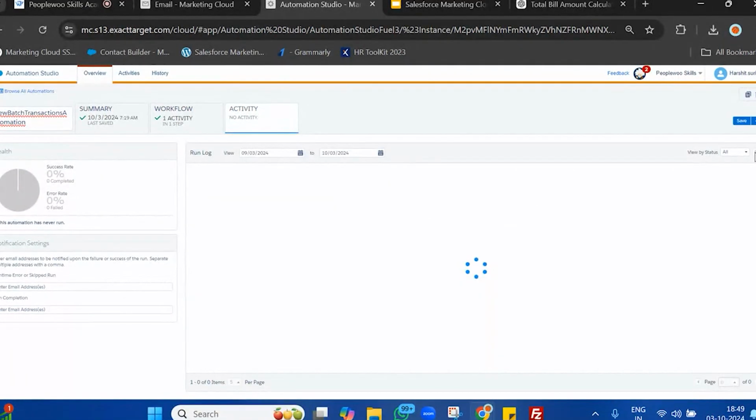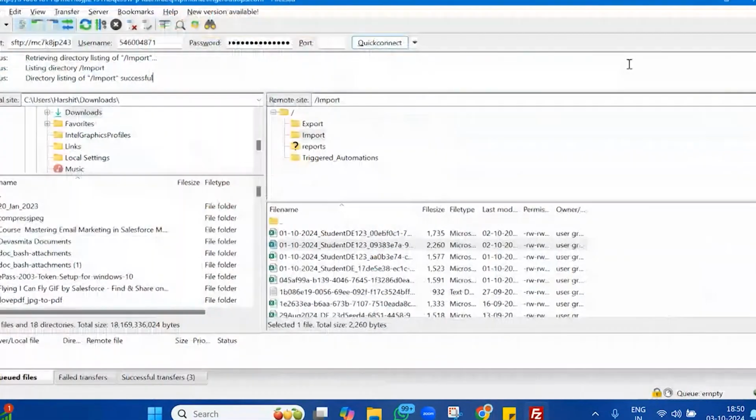So it has detected that file. Now what it is doing is it is unzipping that file. Once the unzip is done, both the files which are zipped would be present inside the SFTP folder. So let's refresh this SFTP. Once we refresh it,